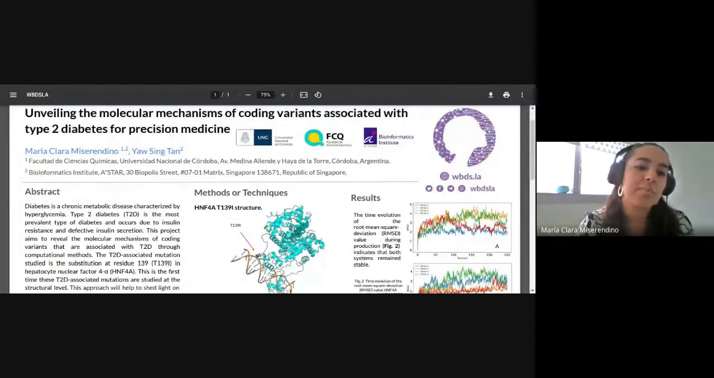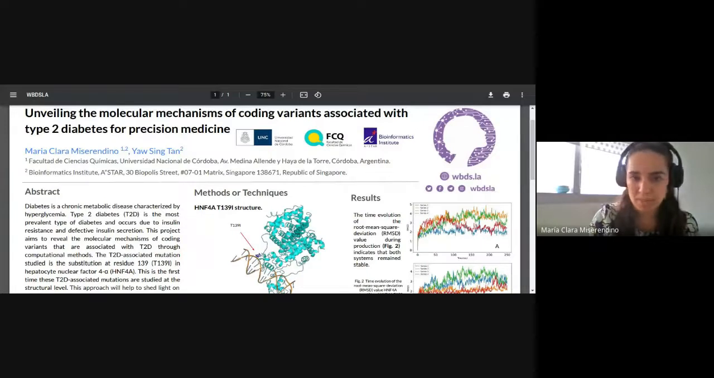Type 2 diabetes is a chronic metabolic disease, well known and characterized by hyperglycemia. Type 2 diabetes specifically is the most prevalent type of diabetes, and it occurs due to insulin resistance and defective insulin secretion. This project aims to reveal the molecular mechanisms of coding variants that are associated with type 2 diabetes